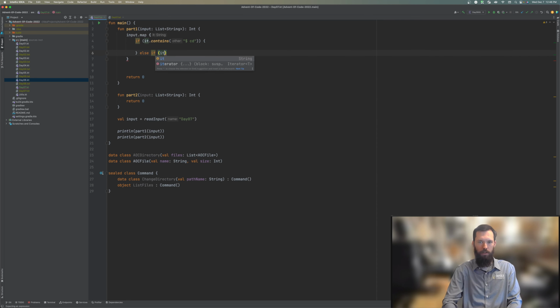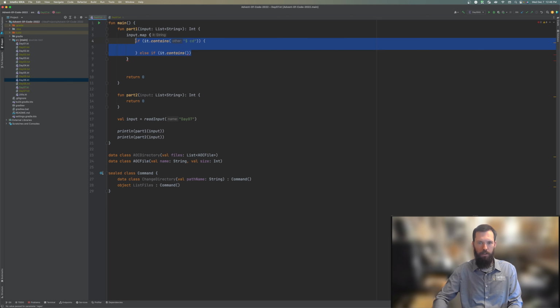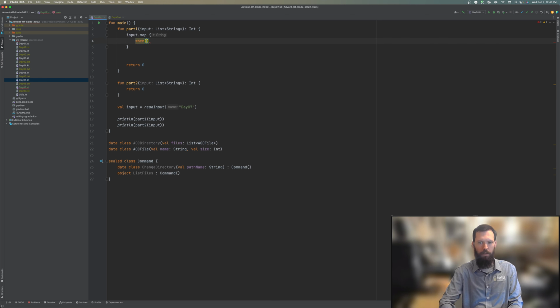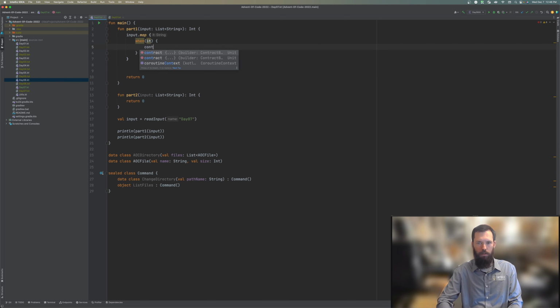Else if contains, oh, and we can actually just do a when here instead. When it contains dollar sign and CD, it's going to be a